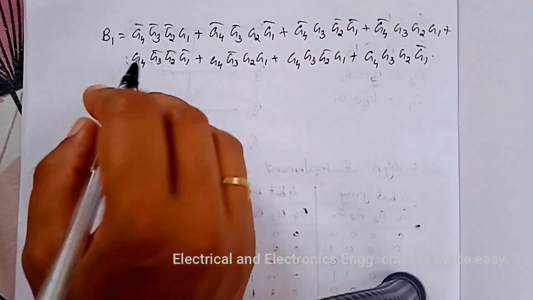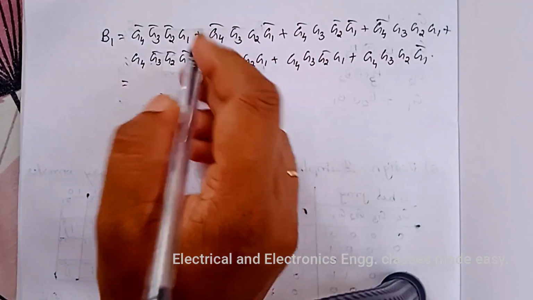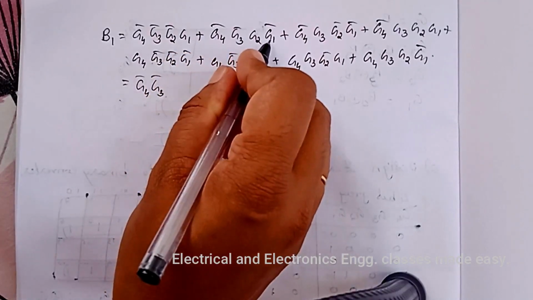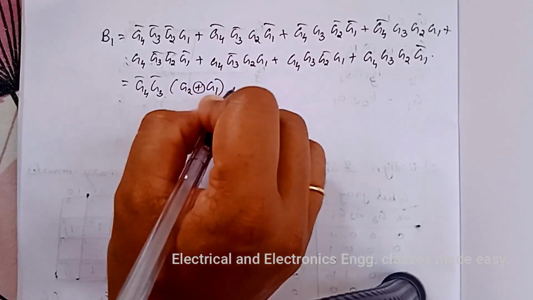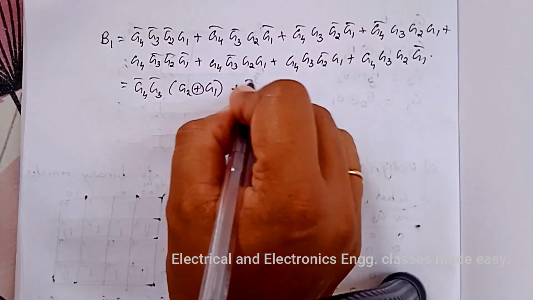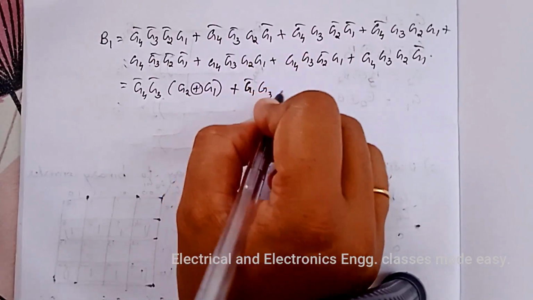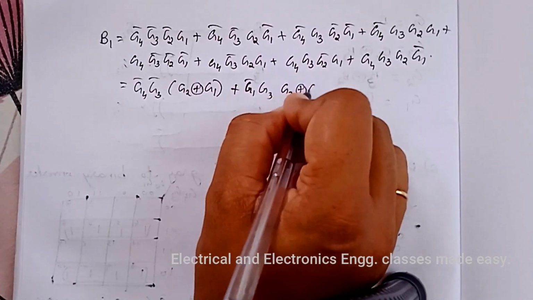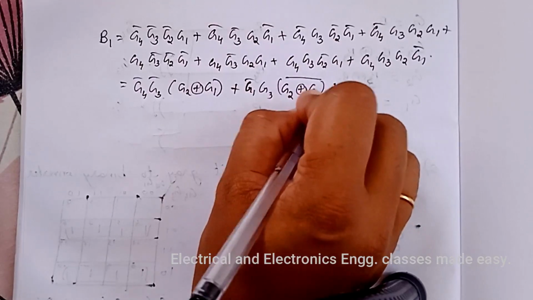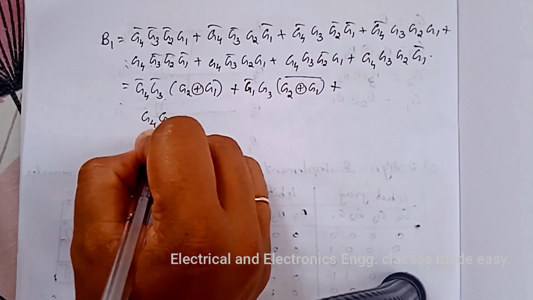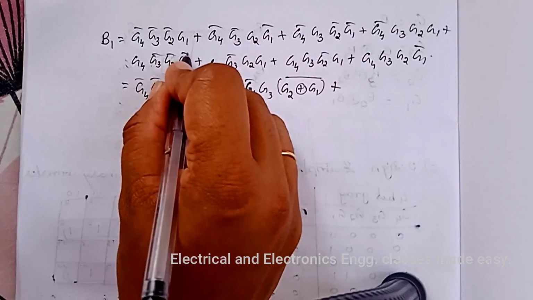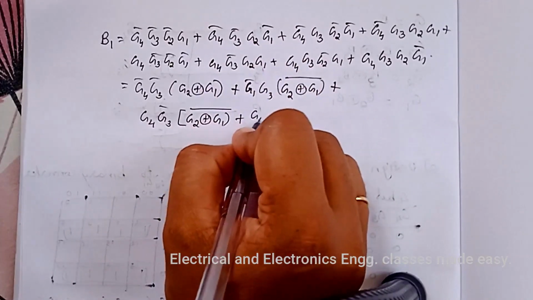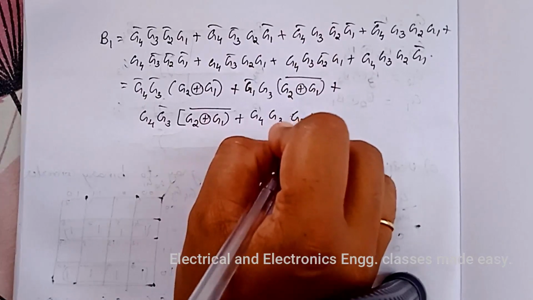Now we have to simplify this. Here G4 bar, G3 bar common, G4 bar, G3 bar into, this is G2 bar into G1, G2, G1 bar, that is G2 XOR G1, then plus here also G4 bar, G3 common, this is G2 bar, G1 bar, G2, G1, so that is G2 XOR G1 bar, plus here G4 G3 bar common, and this is G2 bar, G1 bar, G2, G1, so we can write G2 XOR G1 bar, plus here also G4 G3 into G2 XOR G1,